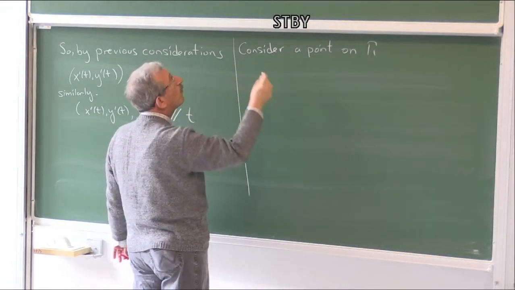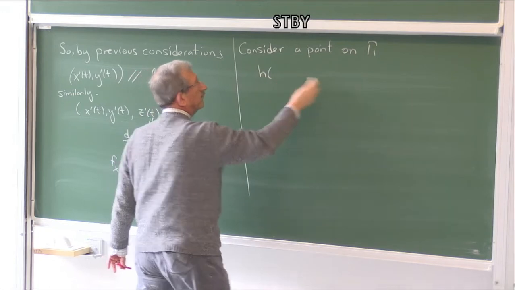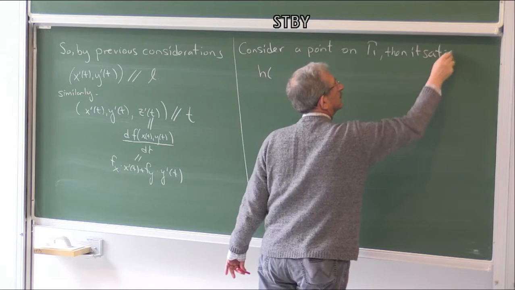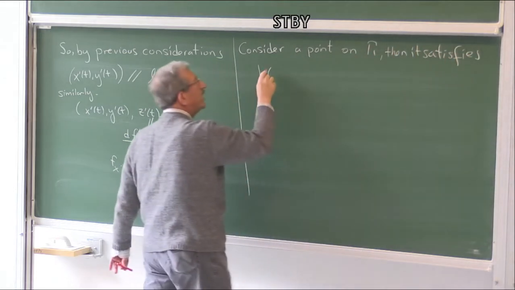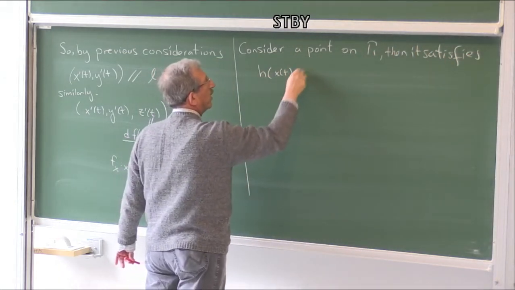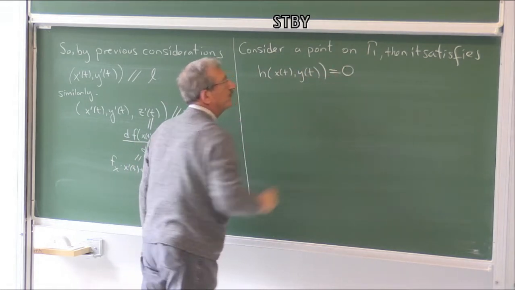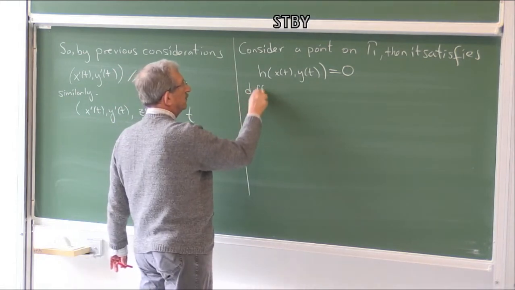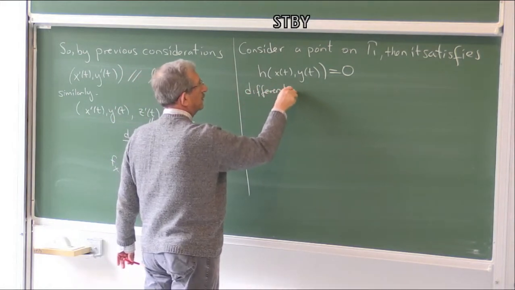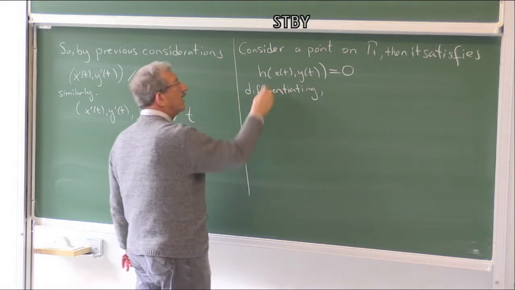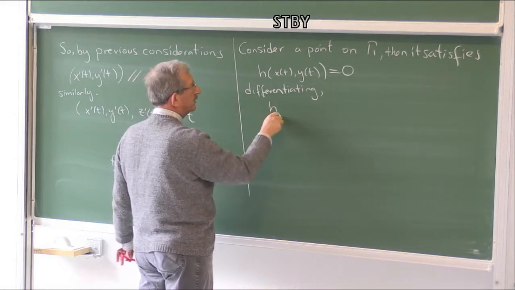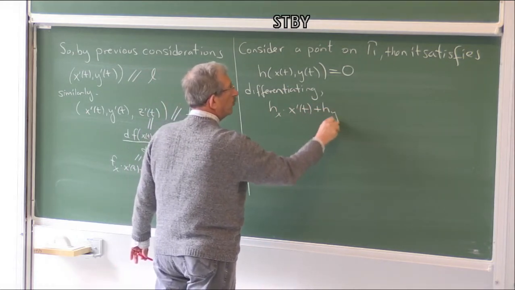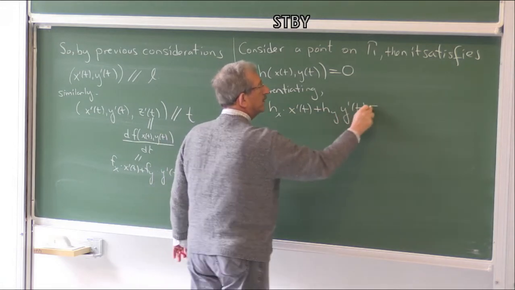Then it satisfies h of x of t, y of t is 0. Actually, we did this before, but I'm repeating. So differentiating, we have h sub x, x prime t,